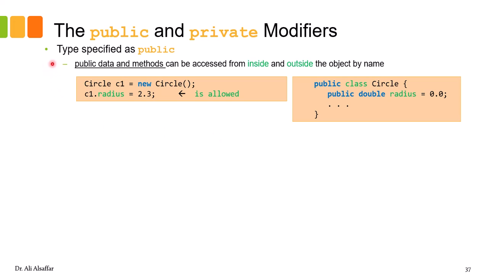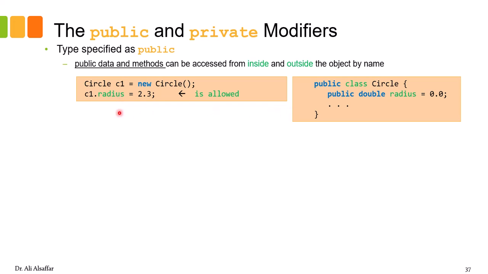Whenever you type public, it means that the data you have defined in your class can be accessed from inside and outside the object. When I say access, it means reading and writing. And remember the difference: reading, you don't change the data, but writing, you change the data. So, for example, if you have a Circle class, and notice now radius as double is defined as public. So whenever you create an object outside this class,